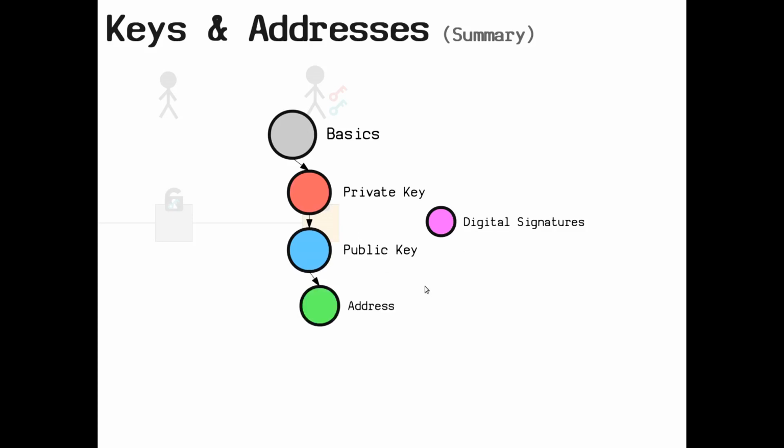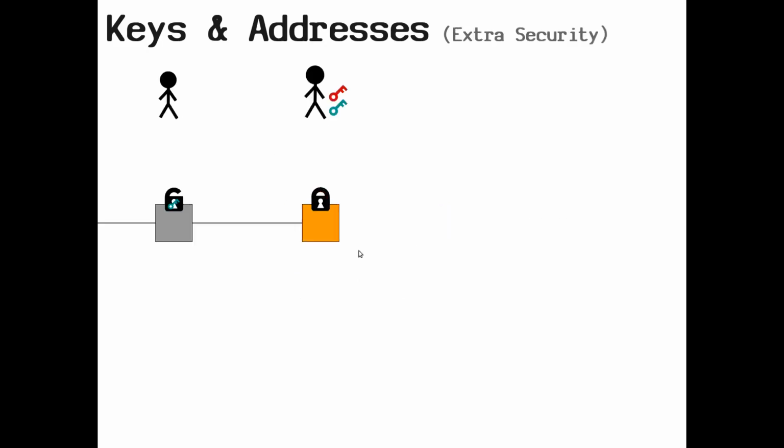So from there, you've probably heard of addresses. What are addresses? Well, addresses are just basically prettier versions of the public key, more user-friendly versions of the public key. So originally, or you can still do this in Bitcoin, you can just generate a private key and a public key for yourself, give that public key to other people, they will lock up bitcoins for you to that public key, and then you can use that private key to create a signature and send them on. But